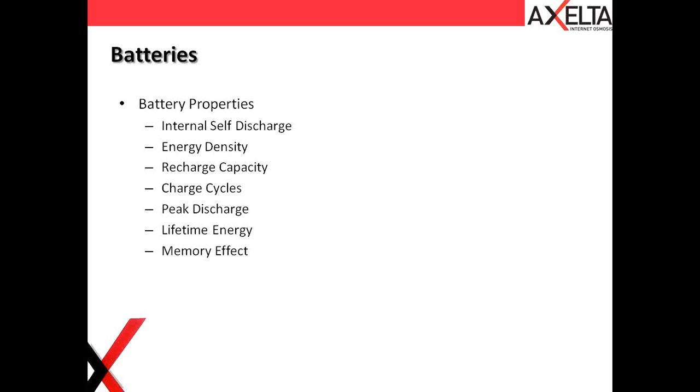First of all, you have an internal self-discharge, which happens irrespective of whether there is any actual usage of that battery or not. Because it's a chemical-based battery, the electrolytes within it decay, and because of those chemical reactions, there is a continuous self-discharge that happens, which is definitely not going to help you achieve that kind of battery life that you're